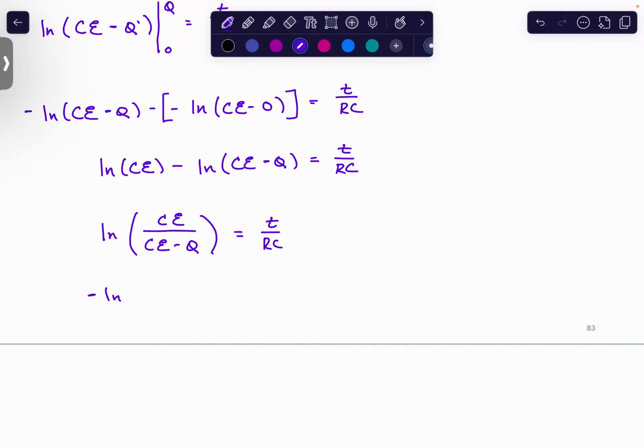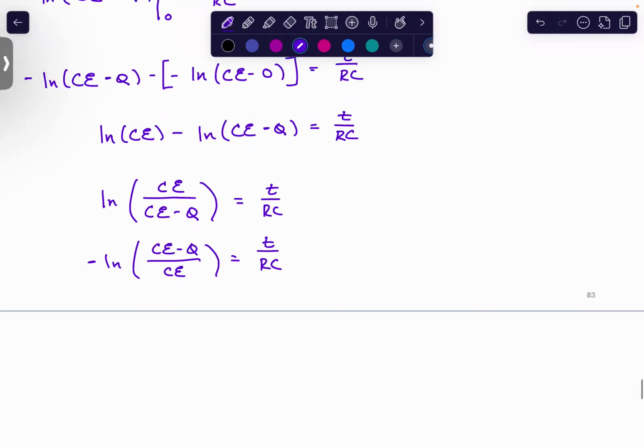Yeah, it just flips the inside. All right, so that's going to give us